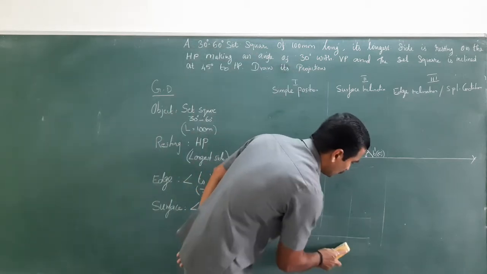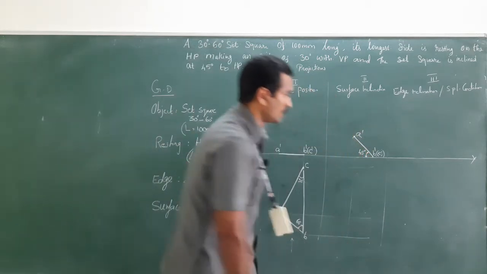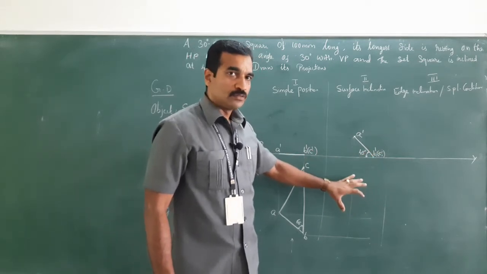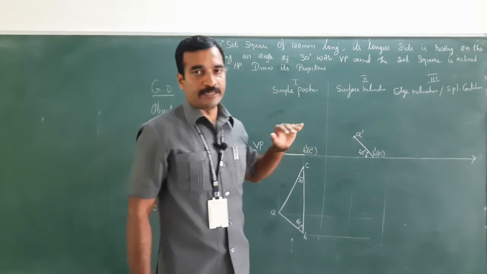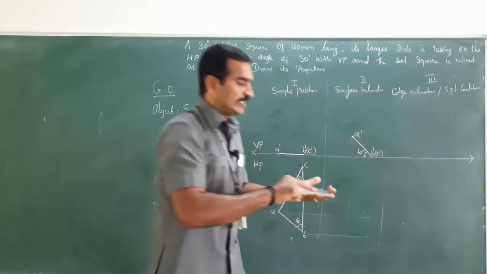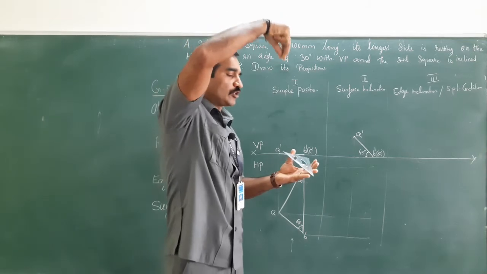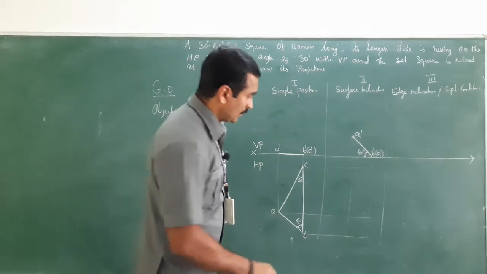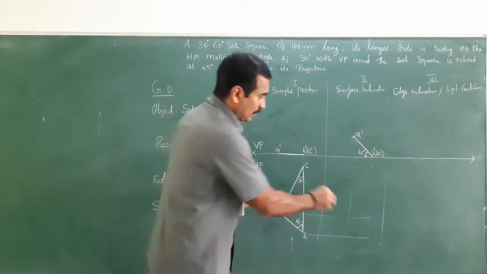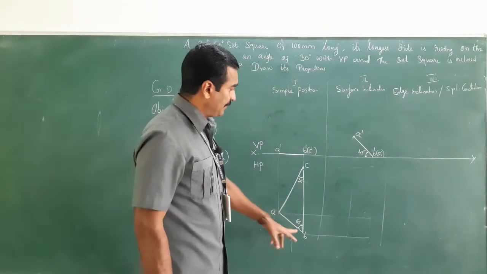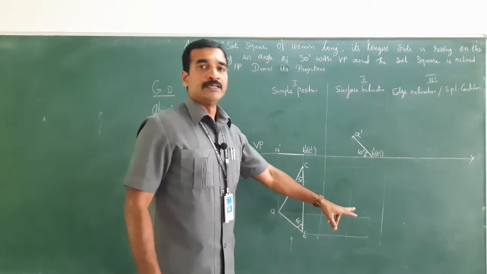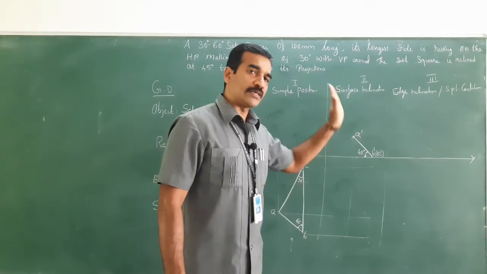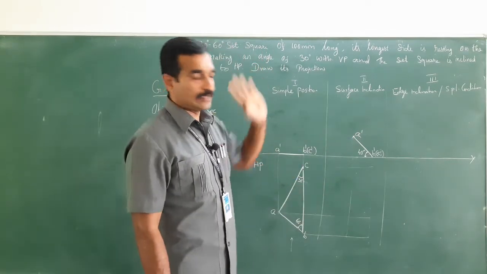Right. Now, I got a box over here. So, I am going to get the top view at an inclination of 45 degree. When this object is being tilted, when I look at it from the top, I could see a skewed image of the set square. So, let me put the points here. That means A, B, C, for which I will have to see the intersection points. There is a horizontal intersection and the vertical intersection. The horizontal projectors and vertical projectors would be meeting at one point, right?